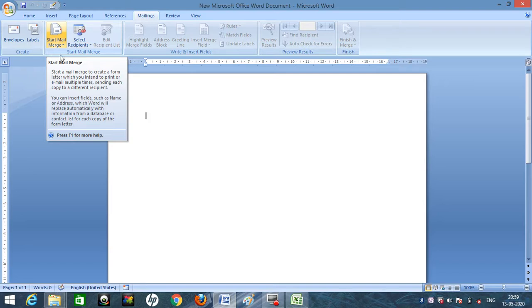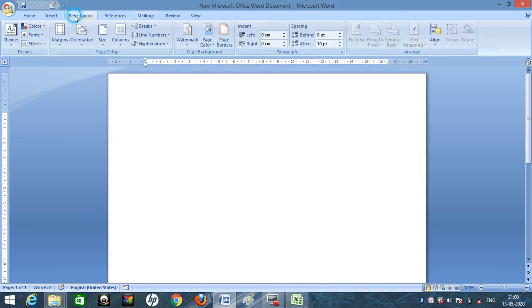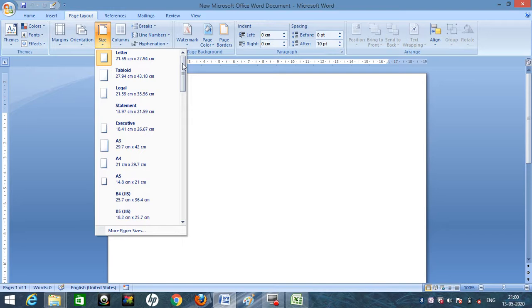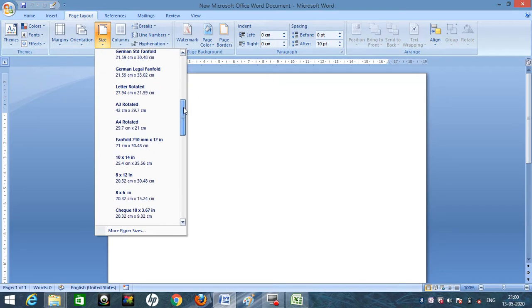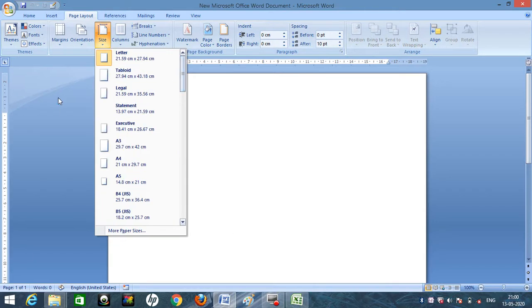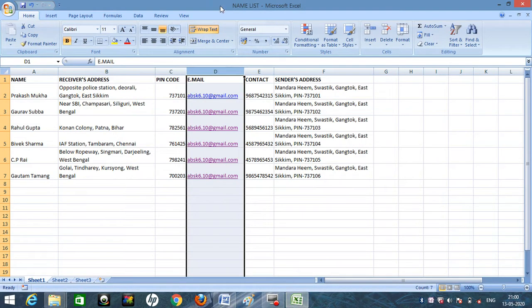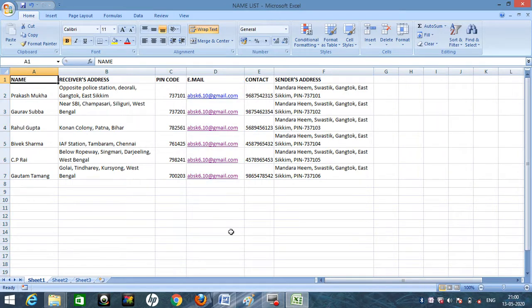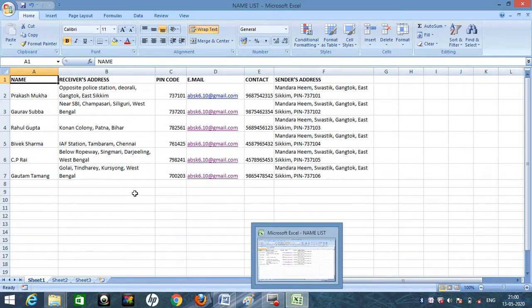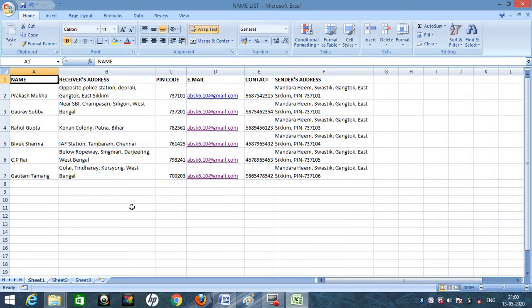So today we are going to prepare a simple envelope, and we are going to prepare it to send to at least 6 people. First, we need the database. We need the list of people to whom we are going to send the letter, or prepare the document. We need the database